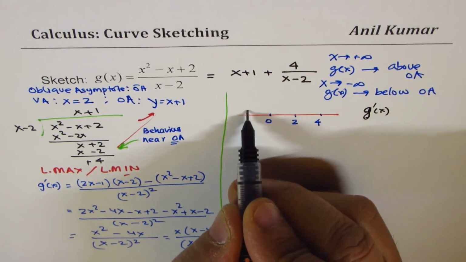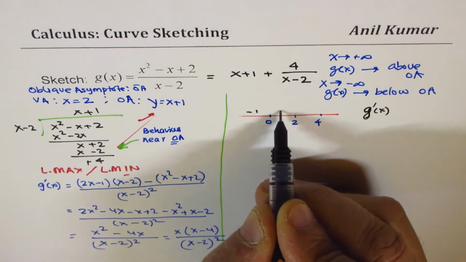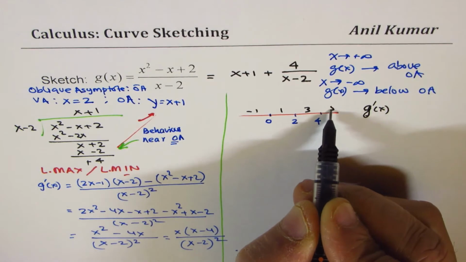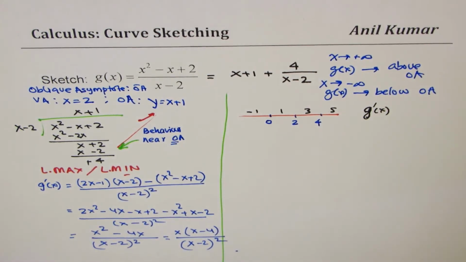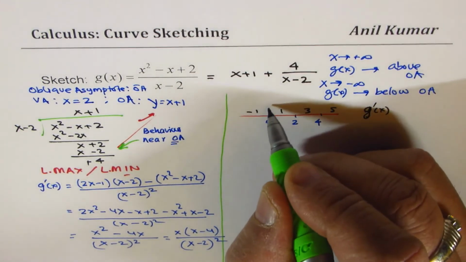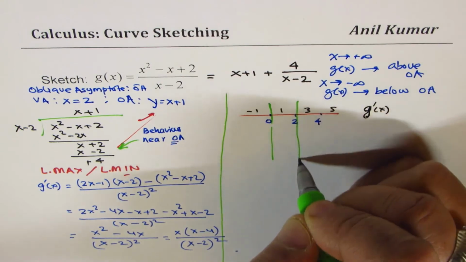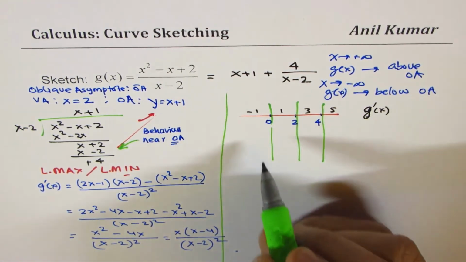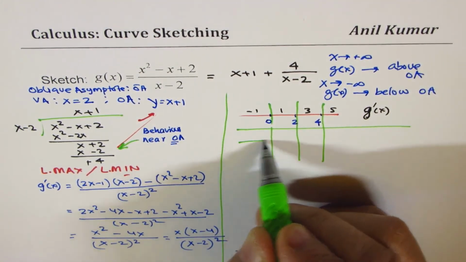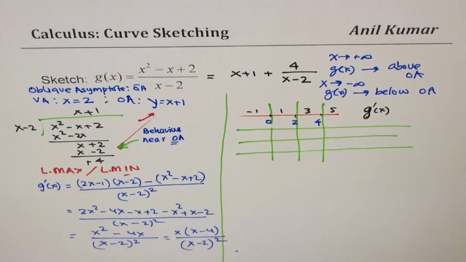Test points on this side will be -1. Here we could take as 1 and 3 and let's say 5. Okay, so at these test points, these are our factors. So let me just sketch boundaries for the interval. Since I'm running out of space here, I like to conserve this space a bit. We can't do much. So the factors here are x